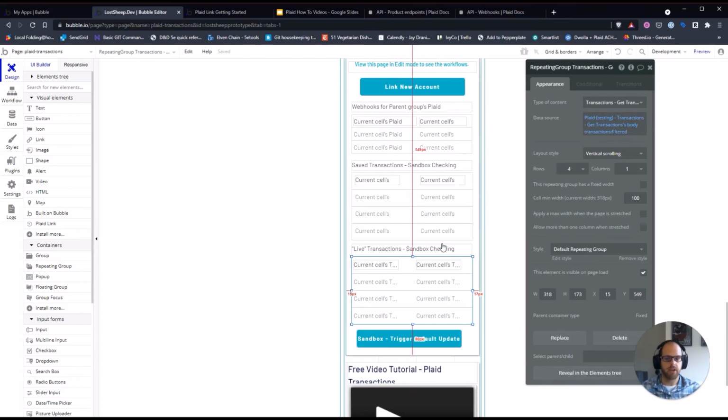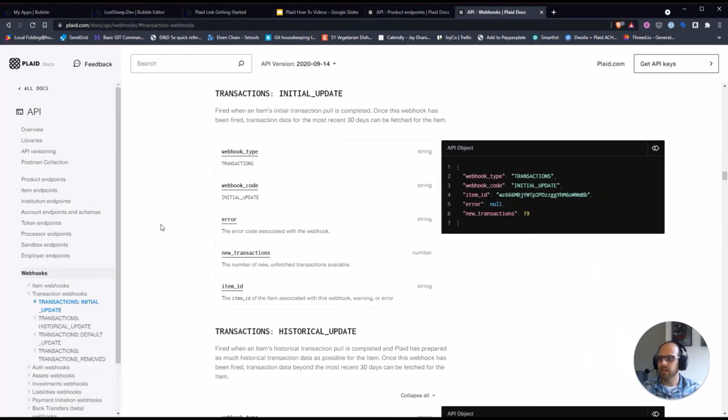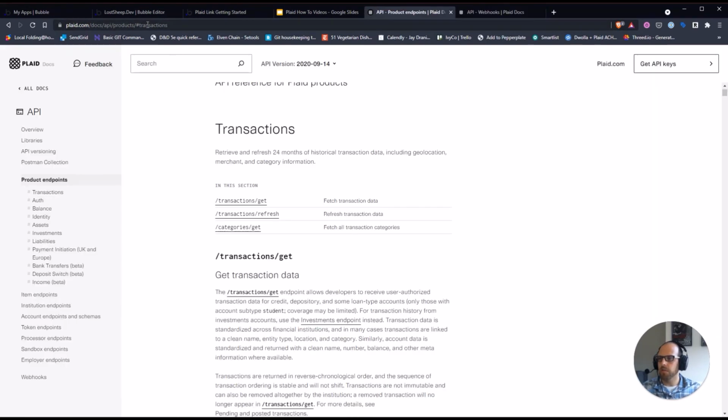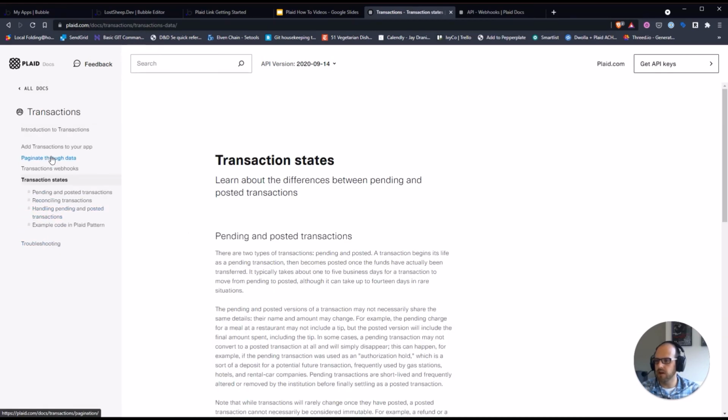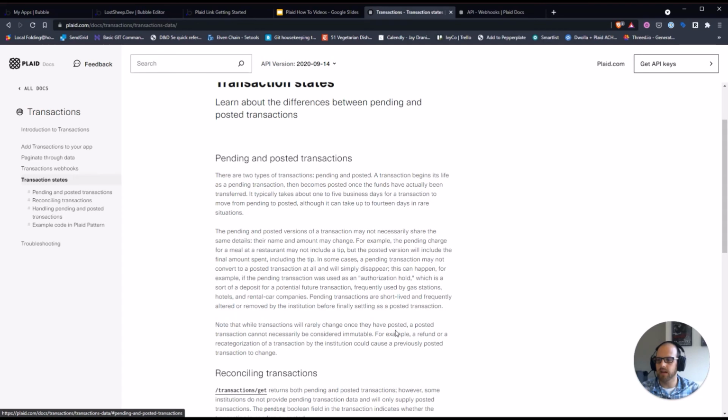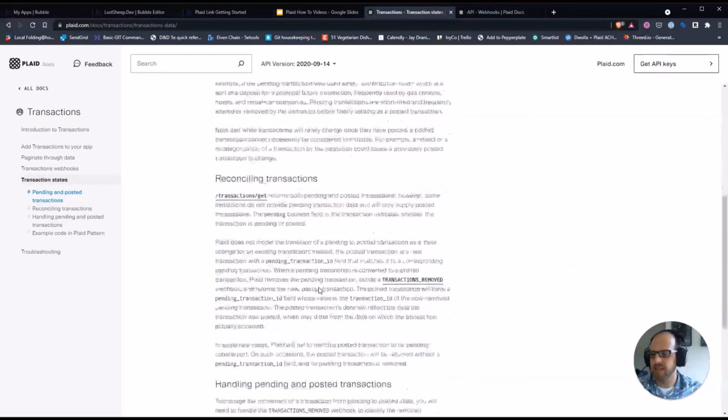There is a whole lot more information about this in Plaid's documentation. If you're looking at it, products/transactions, I'll link to this on the page. And then also in Plaid products, there's a great page that talks about this called transaction states that goes through pending and posted transactions. There's in fact a whole other way you can handle this if you really need to track the difference between pending and final transactions. There's another webhook you can implement called transactions removed and track different things around. I'll leave that exercise to you,